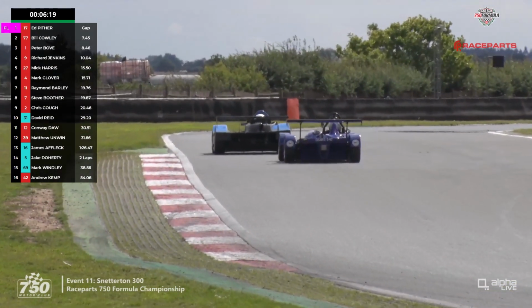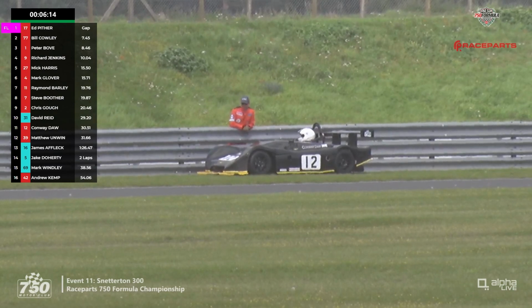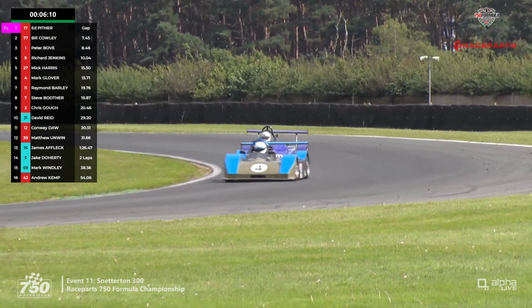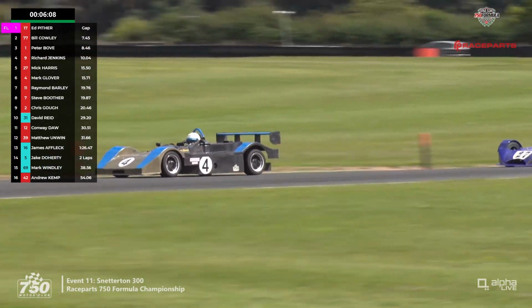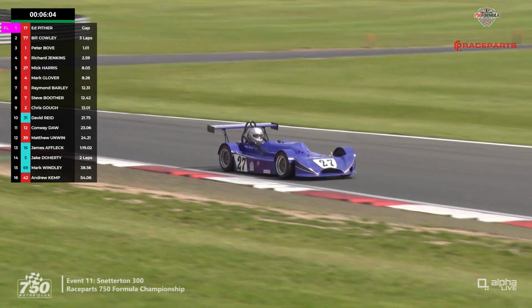or at all for some. So Mark Glover, there's Conway Dorr, that's another one. He was 11th at that point. He's pulled off in the Dave Robson car, the Star. Battle continues though between Glover and Harris. Mick Harris